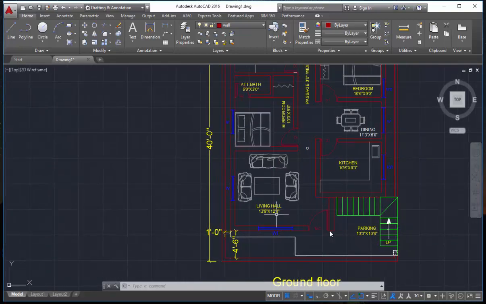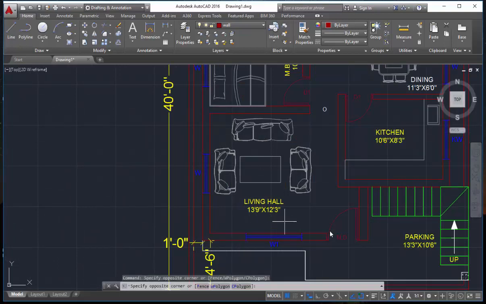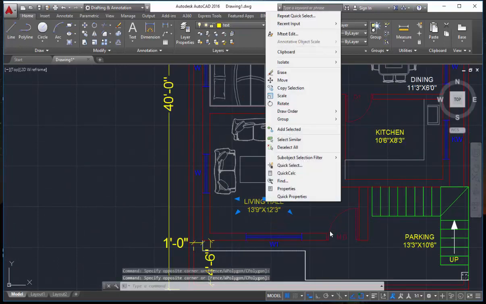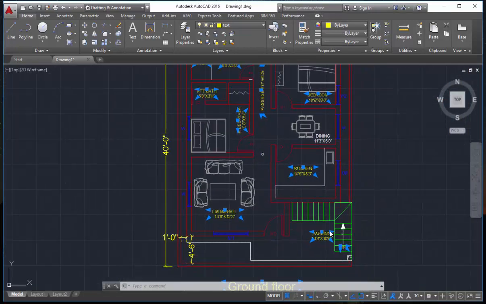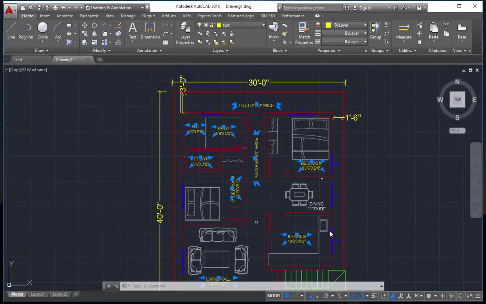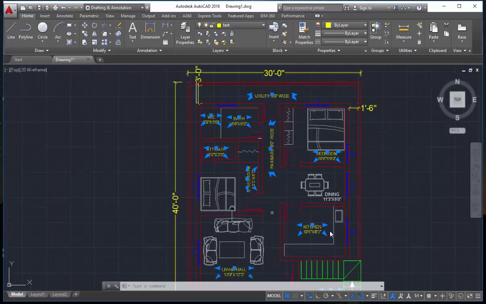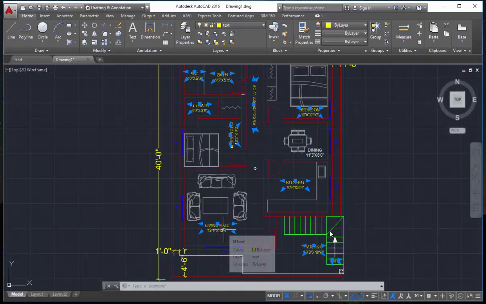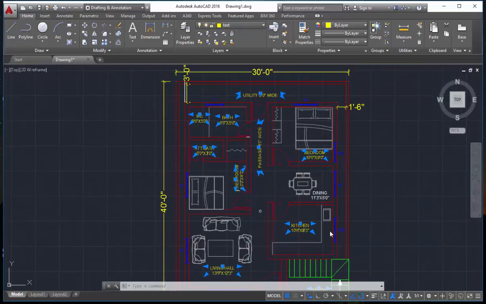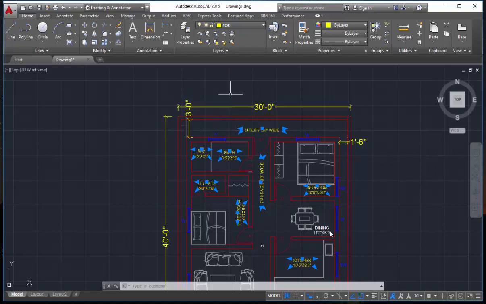So how I'm going to do that is, just select one text, right click and click on select similar. You can see all the text in that particular layer has got selected. But these dimensions have not got selected, because I have written this in multi-line text. All the text written in multi-line text got selected except the dimensions, but these are also in one particular layer, that is, in the text layer itself.